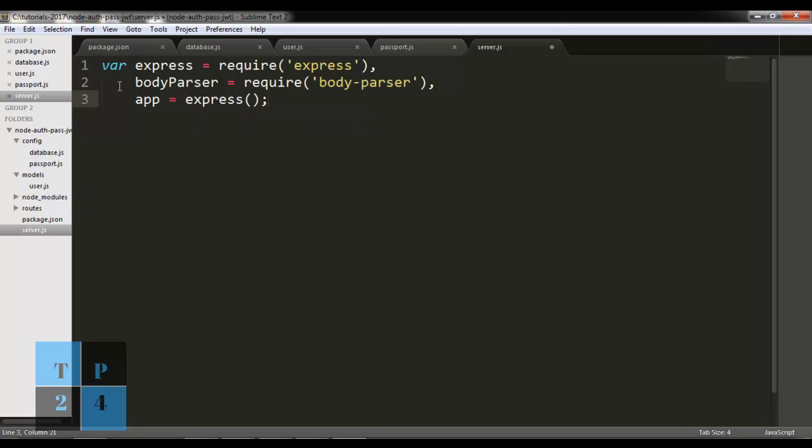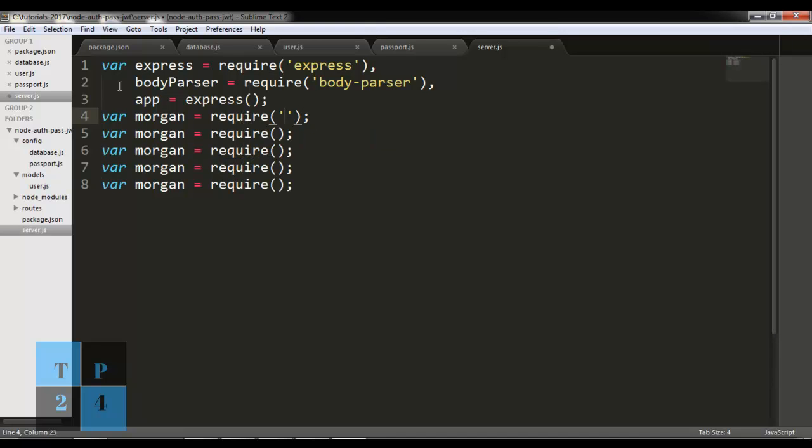Okay, now var morgan is equal to require morgan,